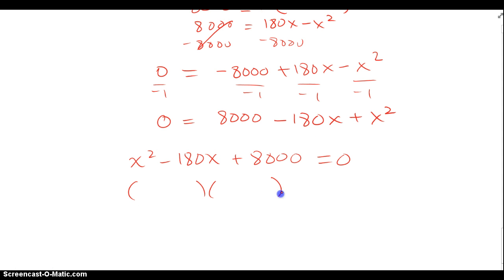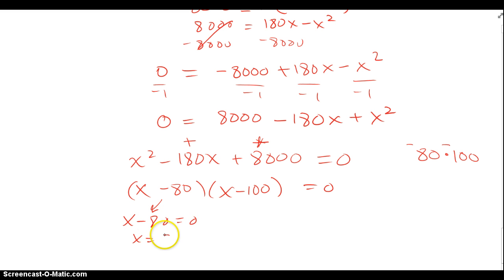So that's going to factor into x and x. And we need two numbers that multiply to 8,000 and give me a sum of negative 180. If I go through my list, 80 times 100 would give me 8,000, and both have to be negative to give me the negative 180. So minus 80 and minus 100. And I'm going to pop out the two answers. So x is either 80 or x is equal to 100, which implies that my rectangle was,